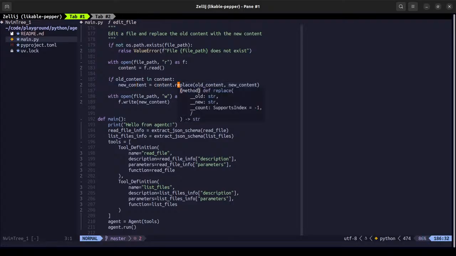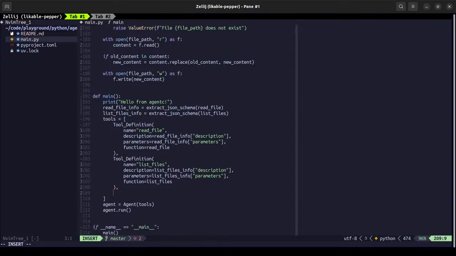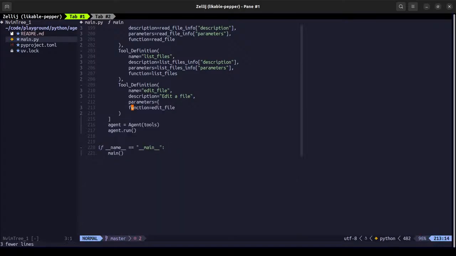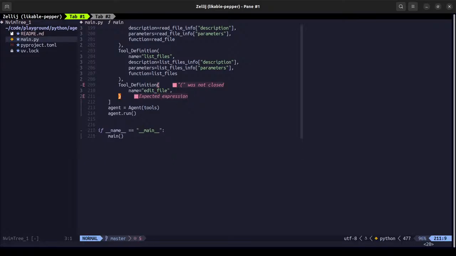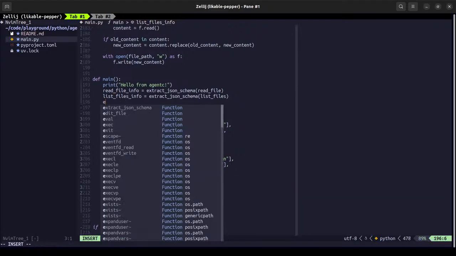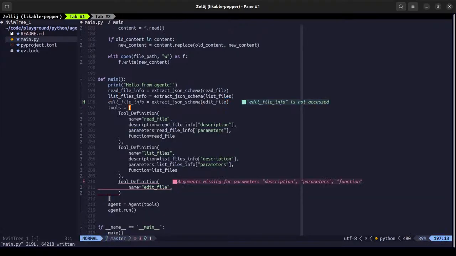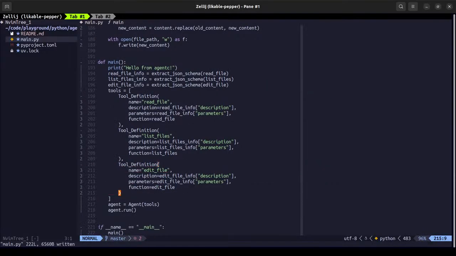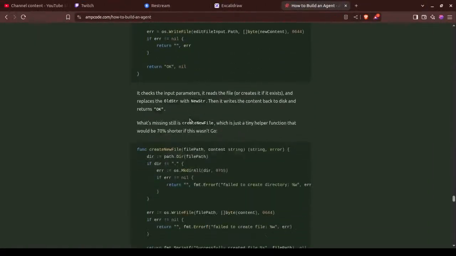Unless replace doesn't give anything, it does.